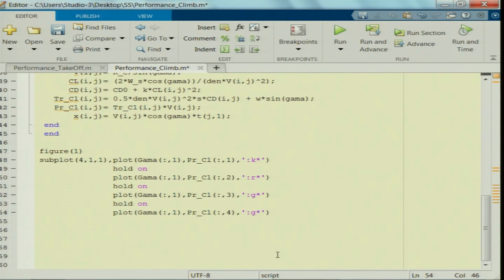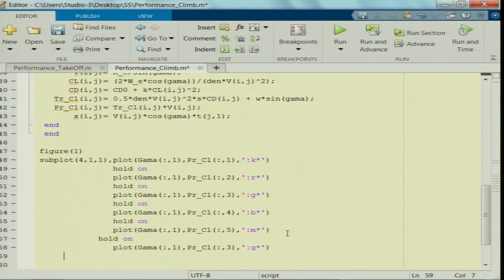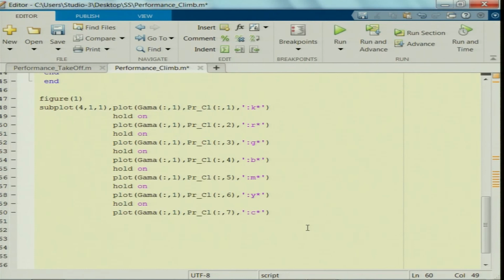Instead of green, I will take blue and star, and then Control V. Now I am plotting it for when rate of climb is 5 meters per second, and M stands for magenta here. Then rate of climb 6. This will end all the plots.